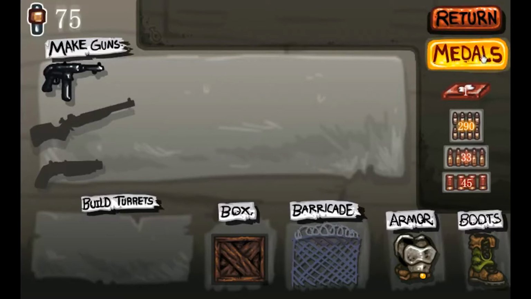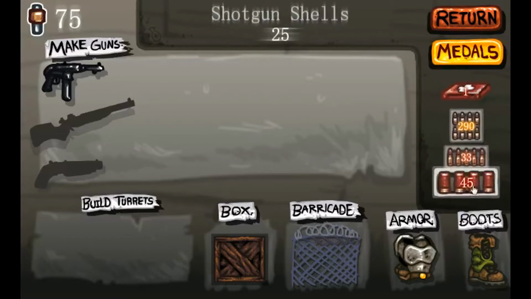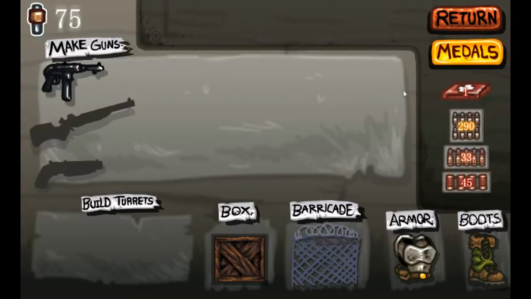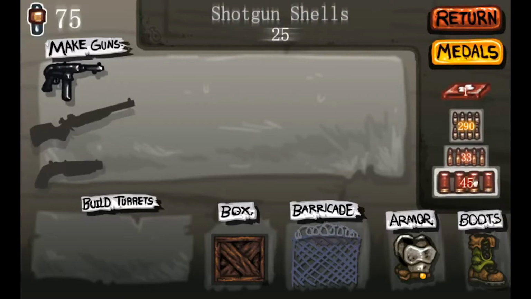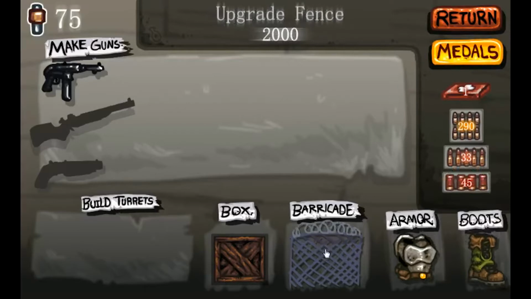We'll also have medals here, which are the different achievements we can acquire. We can purchase health packs, which we can use scrap to buy. We have 75 scrap, but the health packs will be 400, which you can see on top. We can buy ammo for the different weapons. So we have the machine guns, which will be all up here, the rifles, which will unlock as we level up, along with shotguns. We can also upgrade our boots, our armor, the barricades, which is huge, huge, huge,